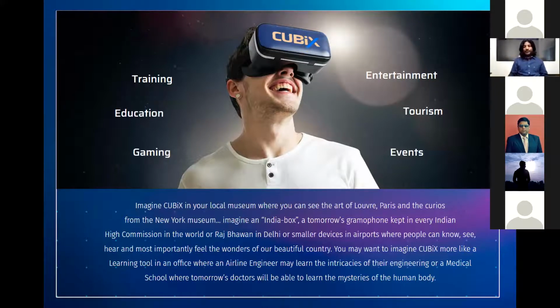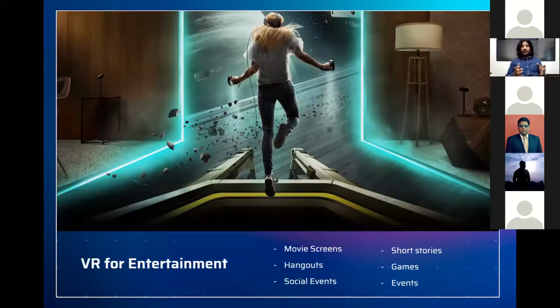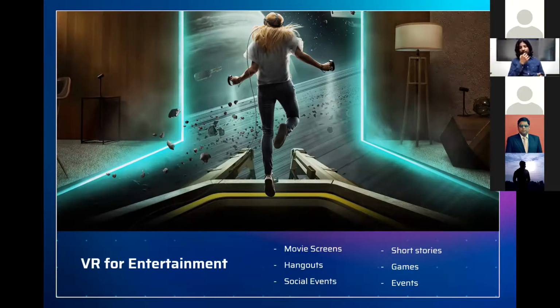It's the same for education. VR can be utilized for many purposes. I'll take a few purposes and explain how it works. One of them is entertainment purposes. Right now, we are actually built for entertainment. Most of the VR headsets today are purchased by gamers, and there are a lot of games. The old games are converted to VR platforms, and the new games are already being built for VR.